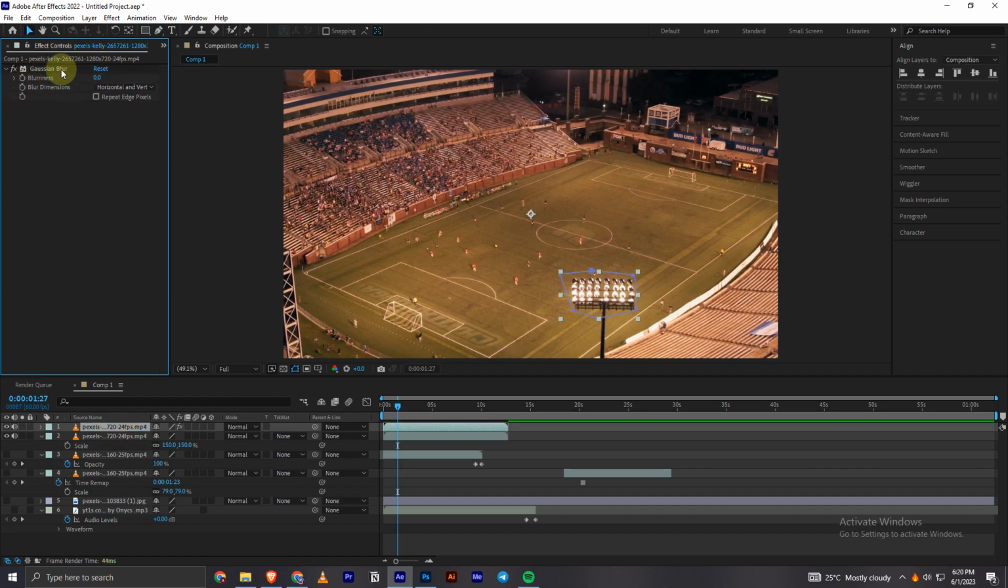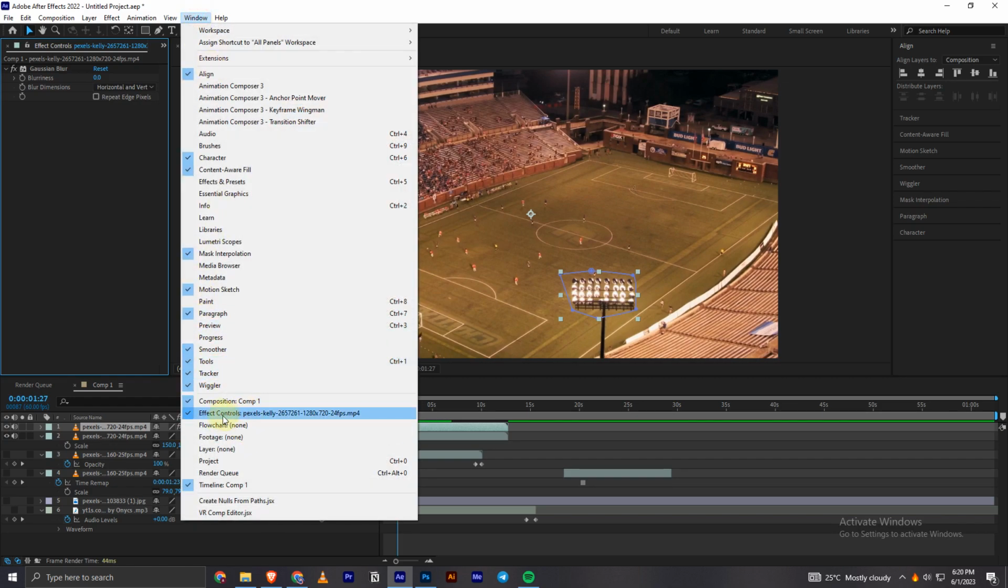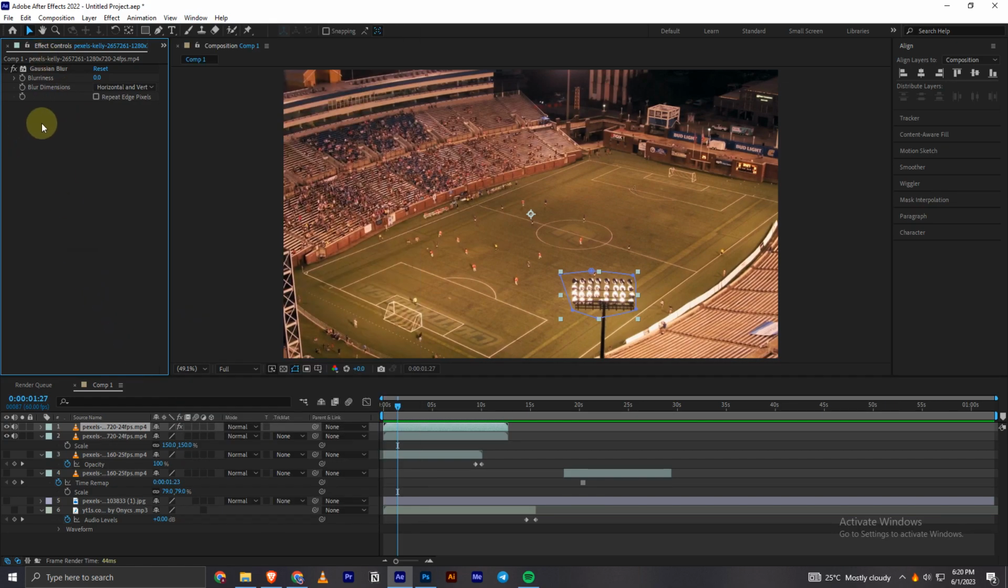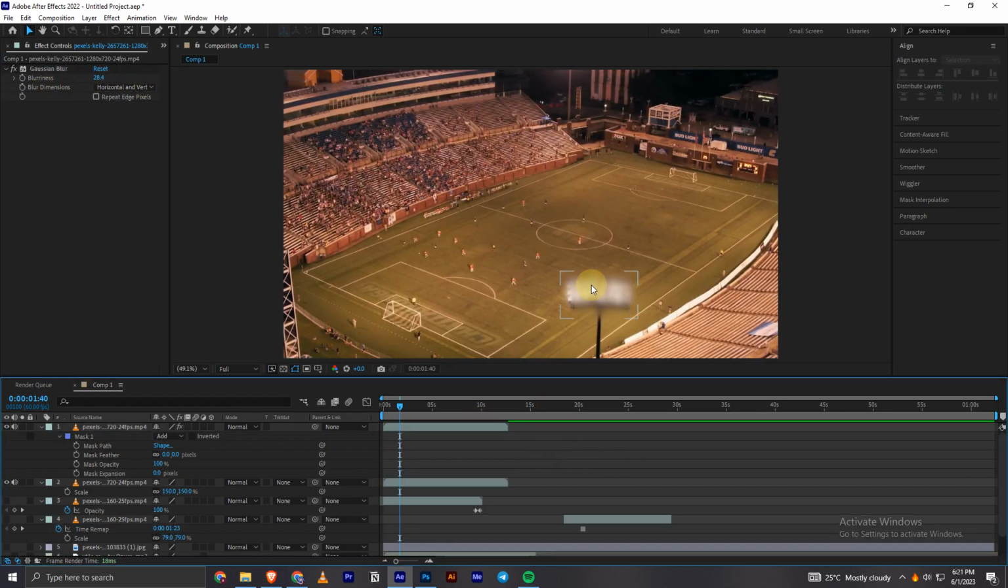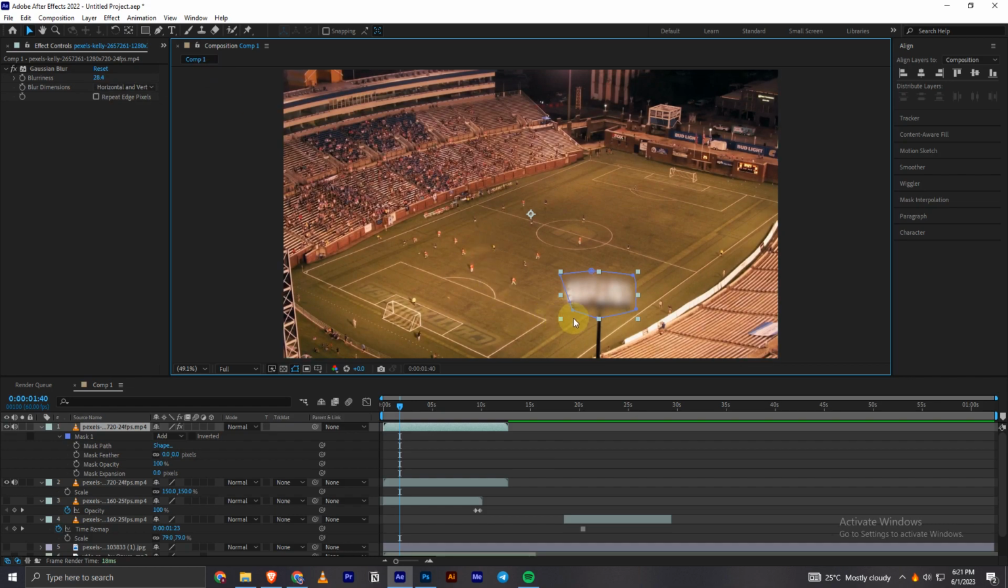And now this will pop up. If this didn't pop up for you, you can go into the Window section and check the Effect Controls option. And now I will increase the blurriness. As you can see, the video is blurred right there. You have to adjust the values to make it correct. And then as you can see,